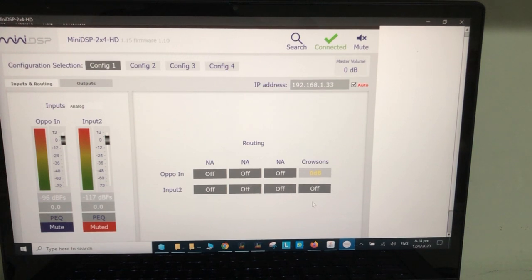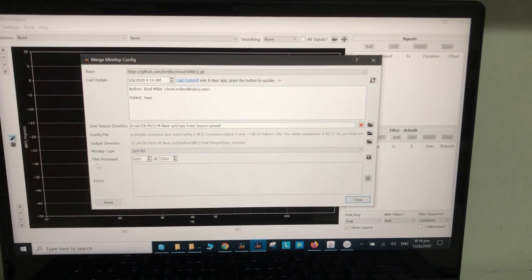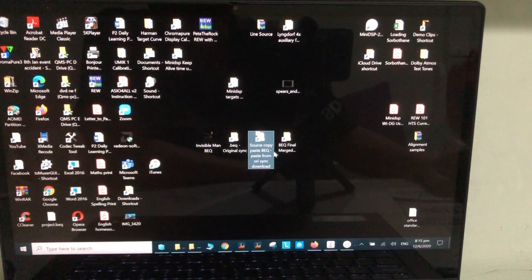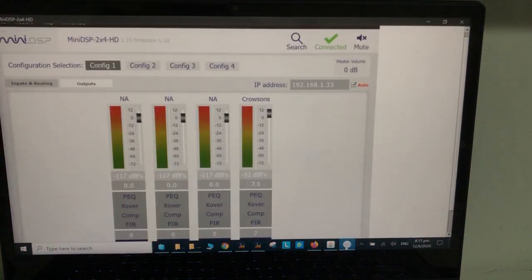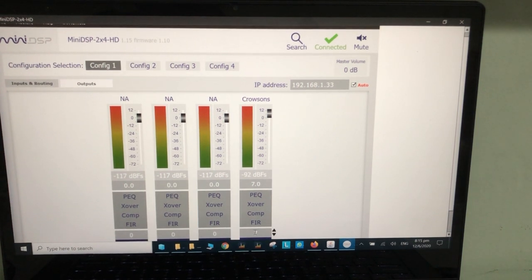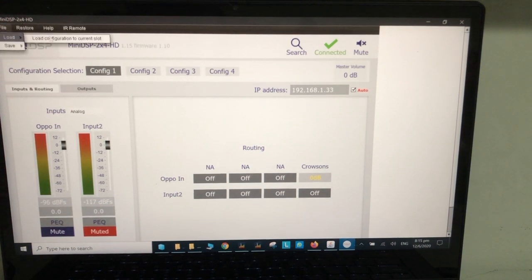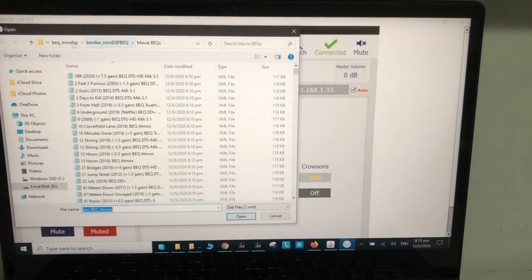Basically that's about it, I think. Yep, and there you go. So all the files are processed, and now if I load this file, I can actually see. If I load this non-synchronized file, the non-merge file, okay, before that, let's see. Now this file shows you the 7 dB increase and a 7 millisecond delay. Now if I don't do that, if I load just the BEQ file without the merger,